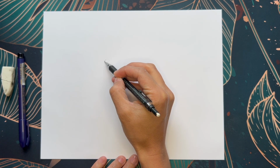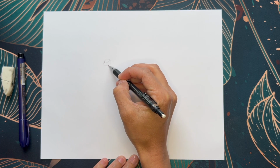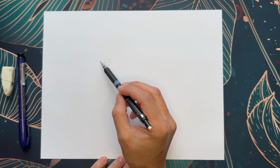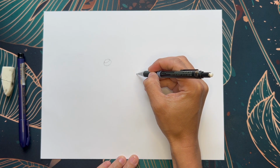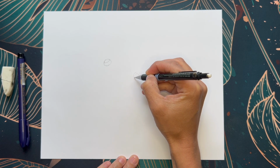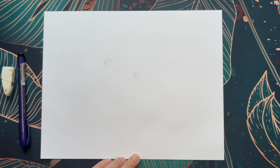For our first step, we're going to draw a few gumdrops and circles for the center of our flowers. I want this little black-eyed Susan bouquet to overlap a little bit, which is why I'm drawing the centers first so that I can have the correct spacing that I'm looking for. For this first flower, I did a little gumdrop, and then for the second flower, because it's going to be from that top view, I'm drawing a full circle